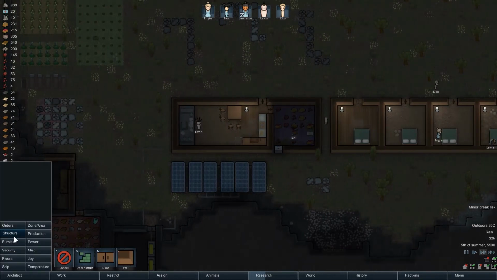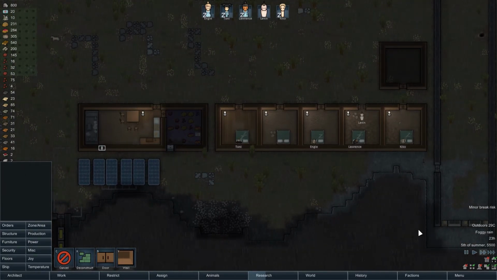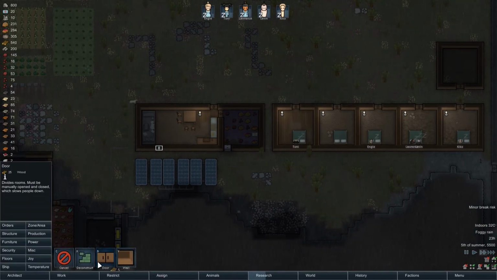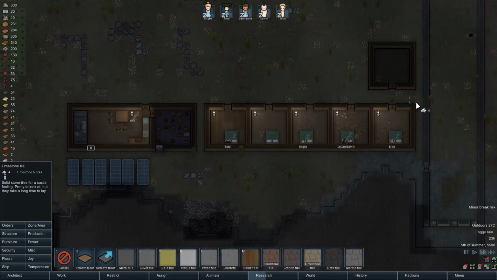Another thing to change is to add a door in here so that we can move between these rooms. Hopefully that should increase the productivity of our people. And then also some floors as well. And I think I want to make the floors out of limestone since we've got a lot of blocks for that. So if we go to floors and limestone, there you are. We'll make a pathway